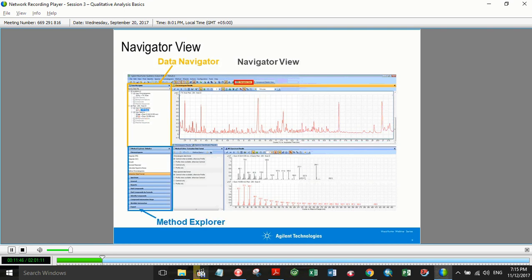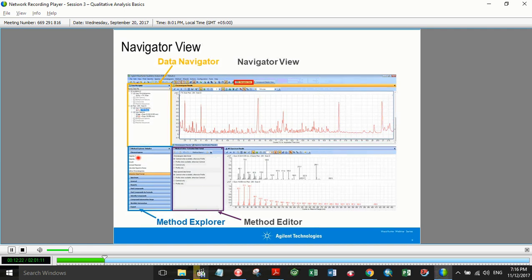Then I also have the Method Explorer. Method Explorer by default is located in the lower left-hand corner, and this is where all the parameters and algorithms that are available to me in this specific configuration and in the specific workflow that I'm using are listed. The next item is the Method Editor. The Method Editor gives me more specific parameters or things that I can change or look for an item in the Method